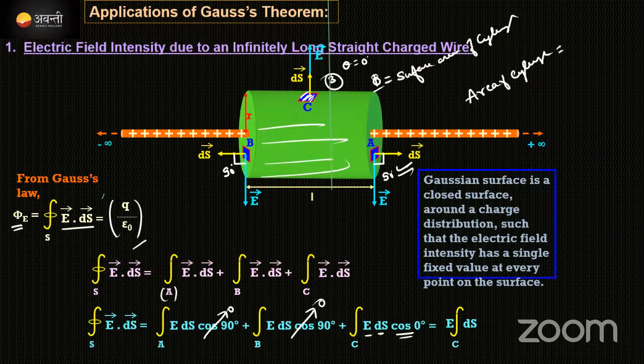DS means a small element of area. What could be the total surface area of the cylinder? Yes, good Purnima. This total surface area of the cylinder will turn out to be 2 pi RL. R, L means...